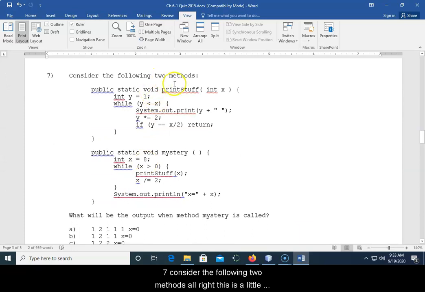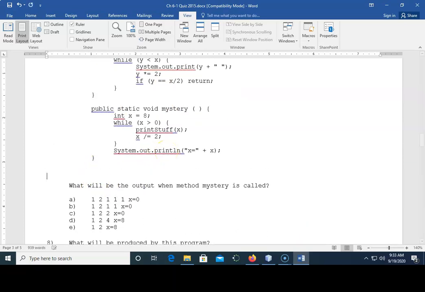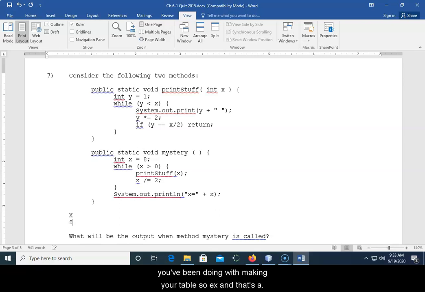Okay, 7, consider the following two methods. All right, this is a little bit tricky, but not too bad. What will be the output when method mystery is called? So mystery gets called, and then inside mystery, print stuff gets called. So just do what you've been doing with making your tables. So x is 8,